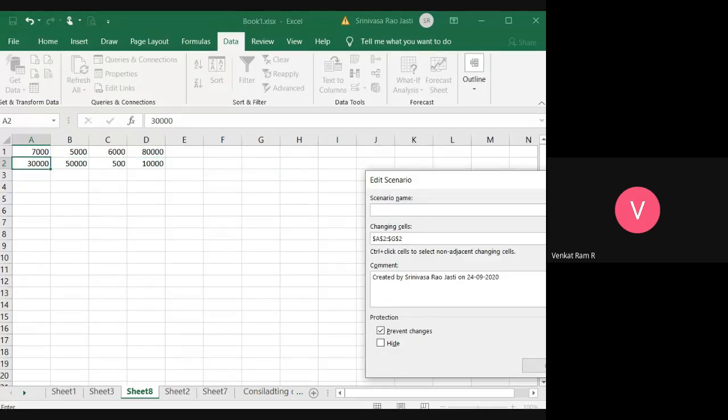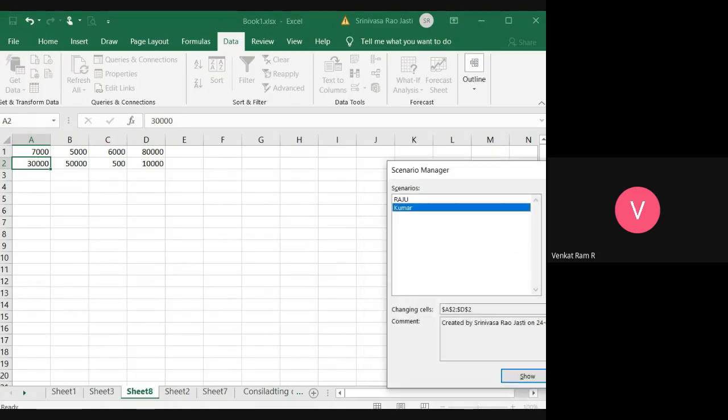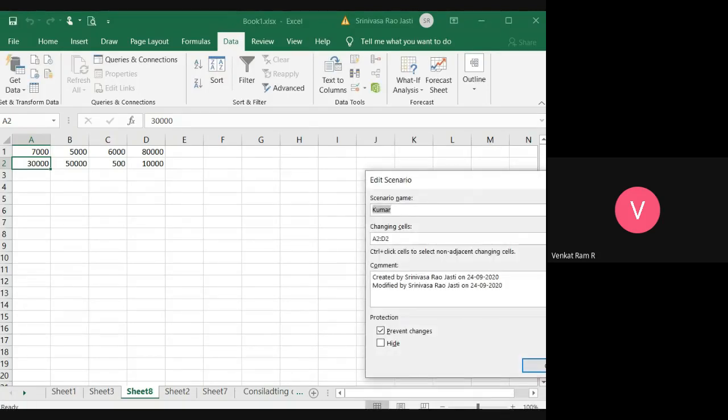Why I'm not getting this? Because I didn't click on add. Sorry, I didn't click on edit. If you want to edit, then you have to make the changes. If you have not clicked on edit, then it will not accept.